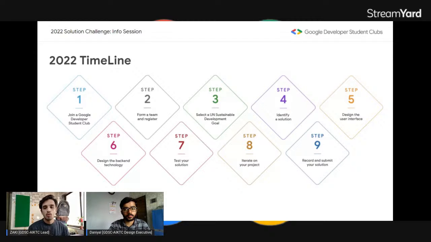Okay, and of course, ideally, someone with a varied set of technical and soft skills, and have conversations early about the causes you care about the most. Register for the Solution Challenge by submitting the form given in the description. And remember, okay guys, remember each team member must register individually. Next step is to select one or more goals that align with the personal interest or need in your community that you and your team would like to solve using technology and your skills.